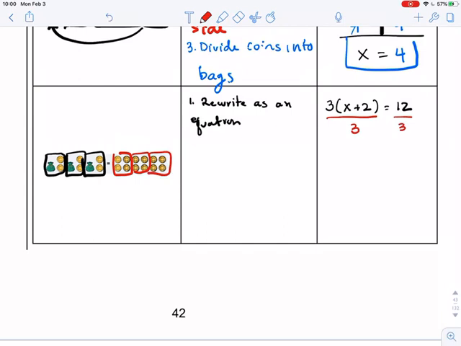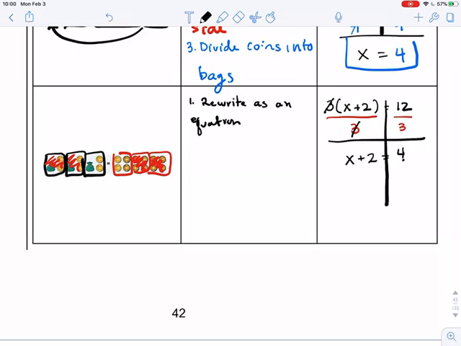I'm going to take 1/3 of it. I'm going to divide it into 3, and I'm going to take one group. So I'm going to cross this out and cross this out. And all I'm left with after dividing it into 3 groups is, these 3's will cancel, and all I have is 1 bag and 2 coins will be equal to 4 coins